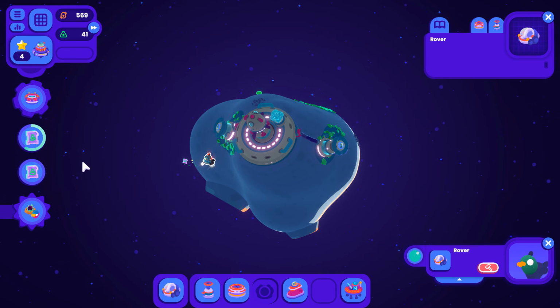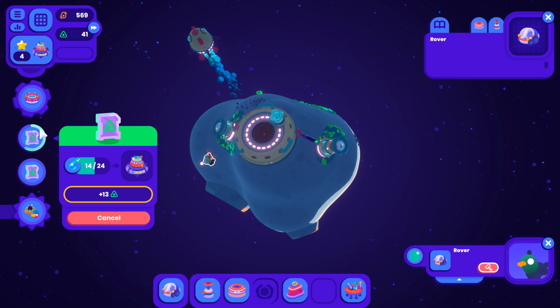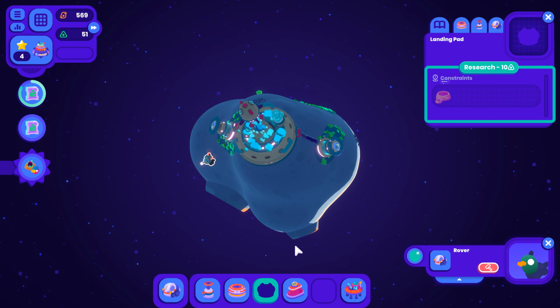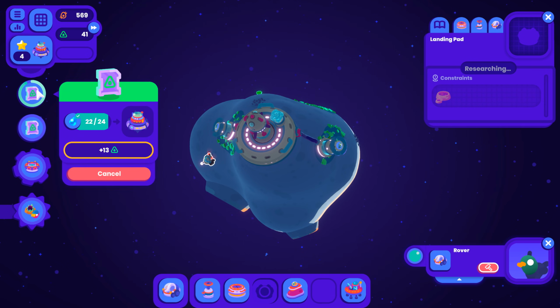All right, new supply quest available. Let's keep those. Oh, we can have multiple quests now? Oh, possibly because we have 2 asteroids? And then... Oh, no. I want to research the landing pad. I do want to research it. Start researching. Okay, and then...